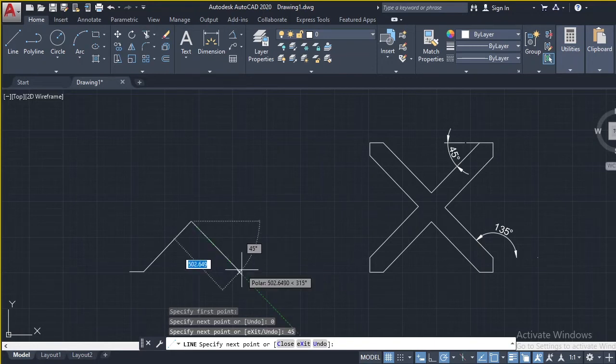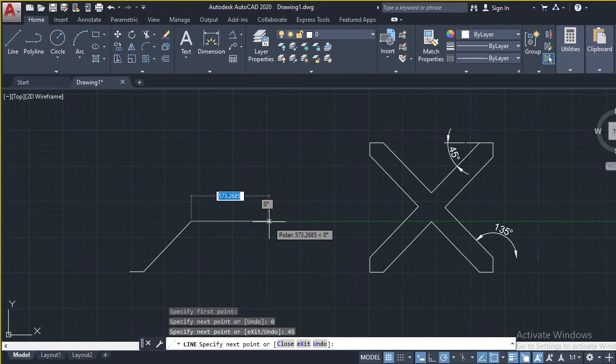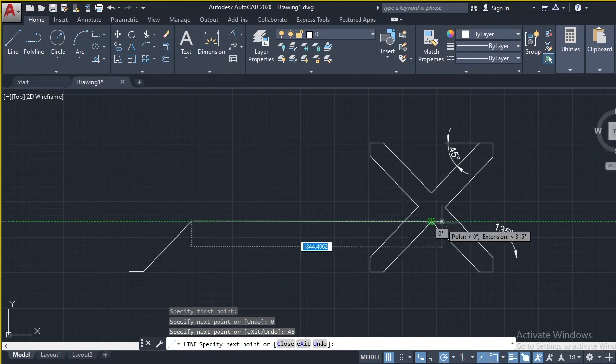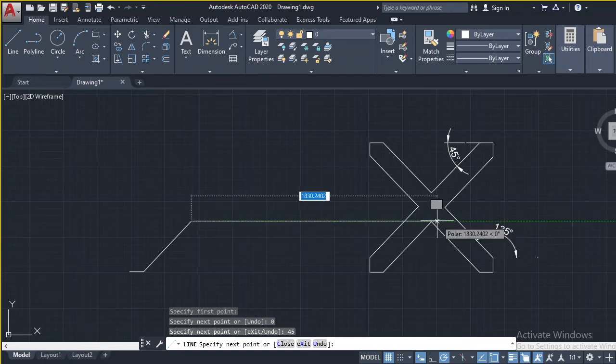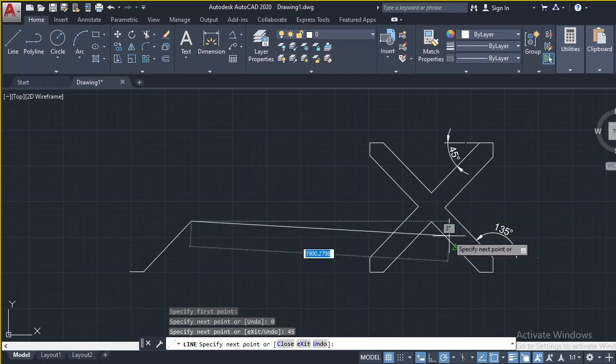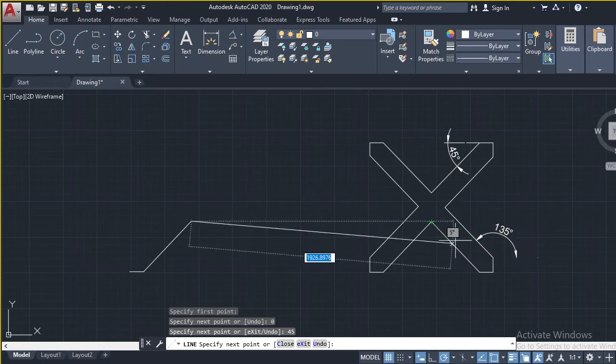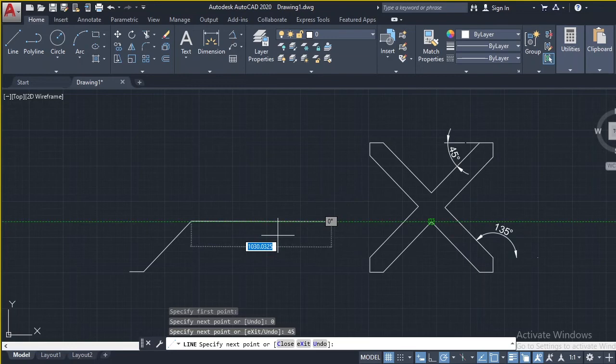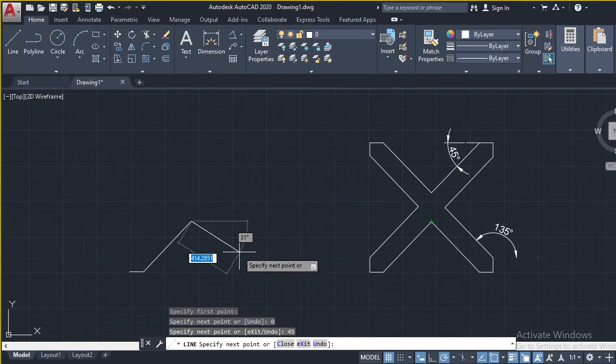Then remember, this is the 0 line where it is starting. This is the 0 line, so I can either go clockwise or anti-clockwise. So at this point now, this is negative 45. The distance is 500 mm, so I have 500, tab